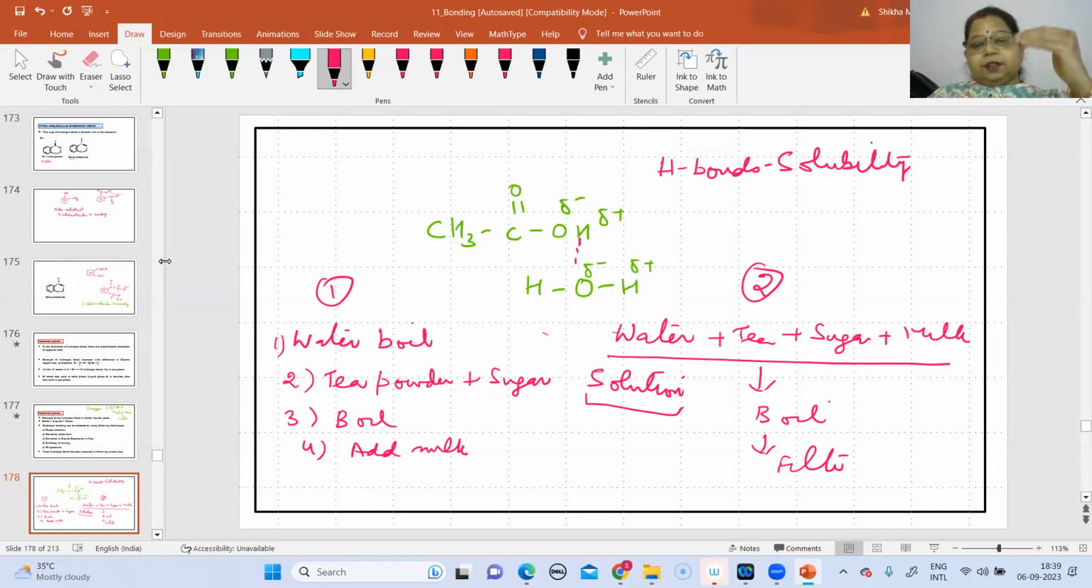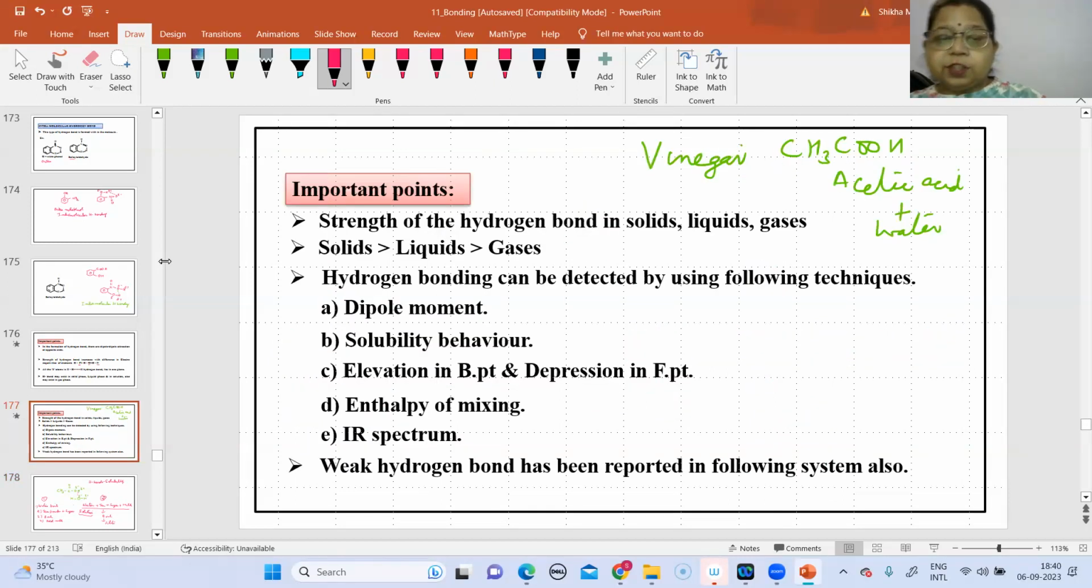The boiling point increases, as I have told you, that solutions have a higher boiling point as compared to the pure solvents, right? So what will happen? It will take longer time. So if you see that the boiling point of water has increased, that means it has formed hydrogen bonds. It might have formed with milk or maybe some tea leaves or maybe with sugar. So if we observe elevation in boiling point or depression in freezing point,